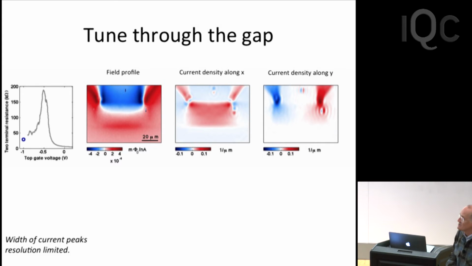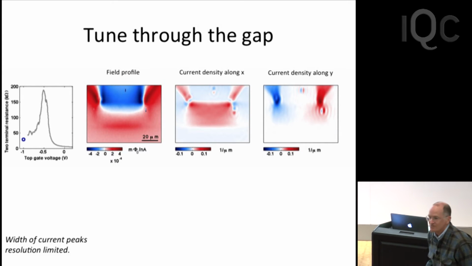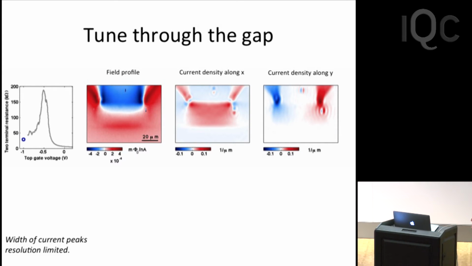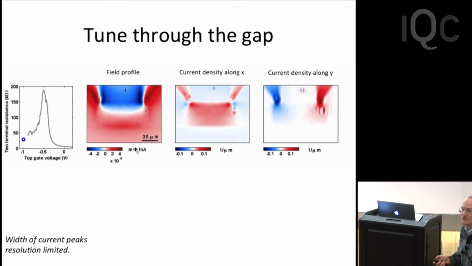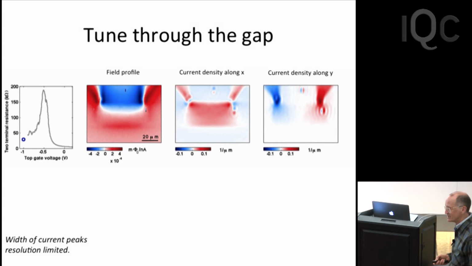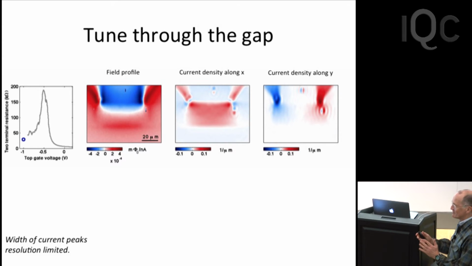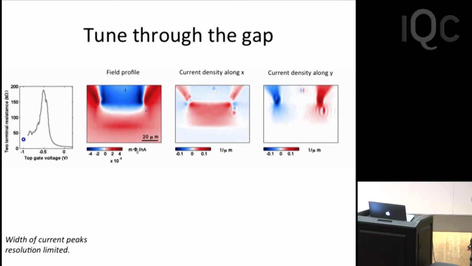This is probably at something like 200 millikelvin. This was done in a dilution refrigerator. I'll show you some temperature dependence a little later. If you run a control sample, remember I told you that you have to have the thickness of the quantum well above a certain critical value to have these topologically protected states. This is a sample where the thickness is less than that value, and in all cases, then the magnetic fields are fairly diffuse.